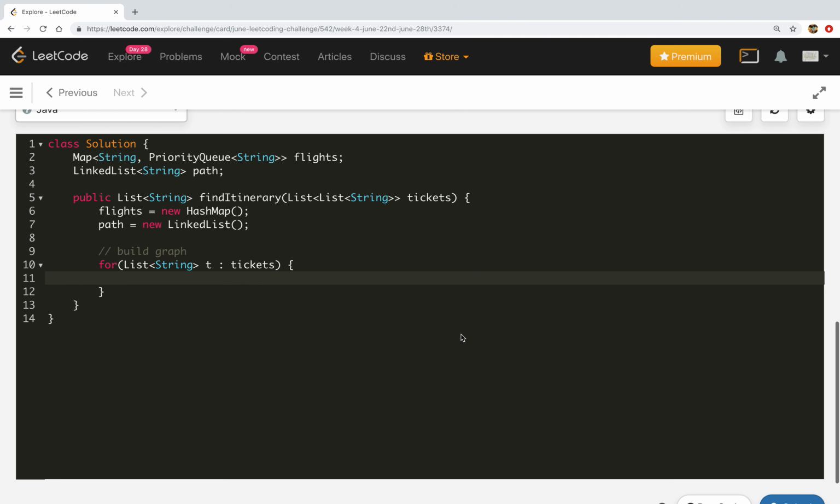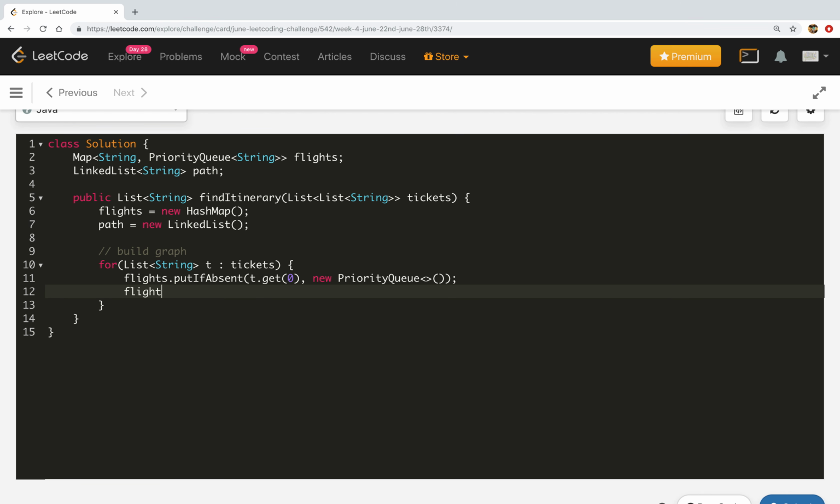Here we will check flights, put if absent the departure vertex, which is t.get(0), comma new priority queue, and then flights.get the departure, then add t.get(1), the destination vertex.